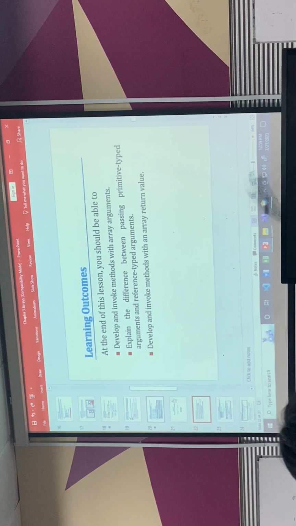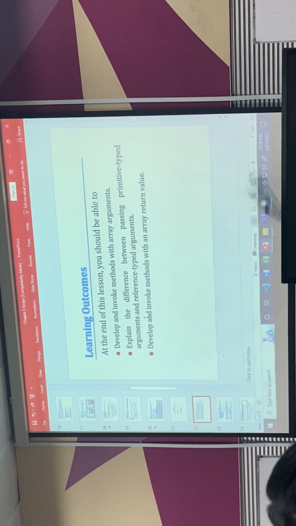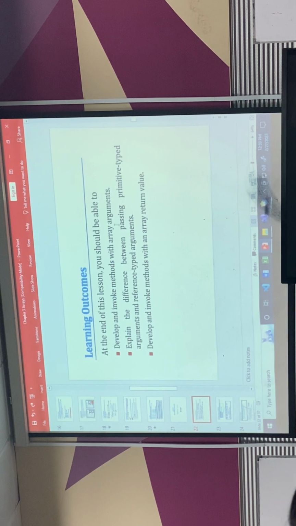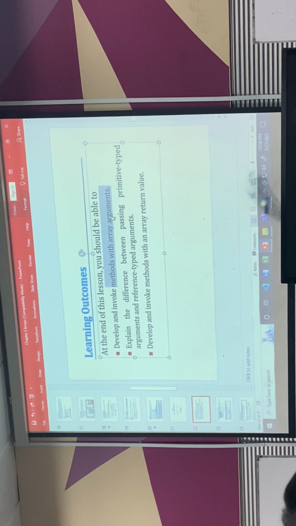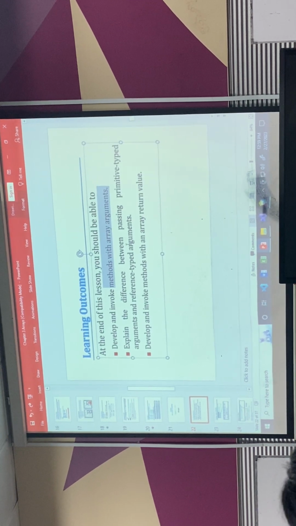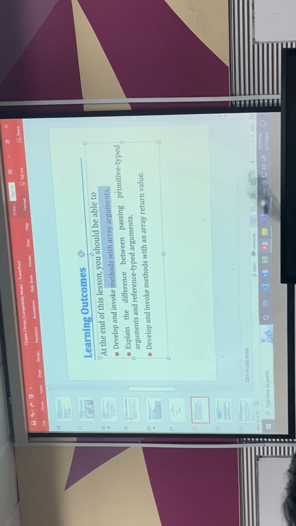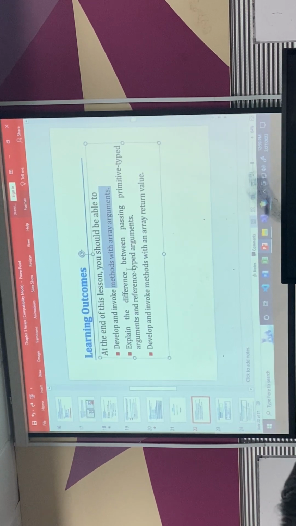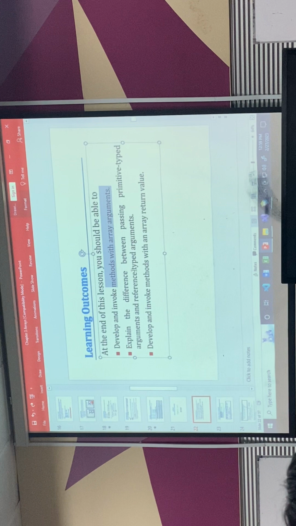Then second, learning outcome part 2: you need to know how to pass data into a function. Array arguments as function parameters, right? And explain the difference between passing a primitive data type and a reference data type. I believe you heard about this one in C, and how to return the value in the array. Okay, let's say